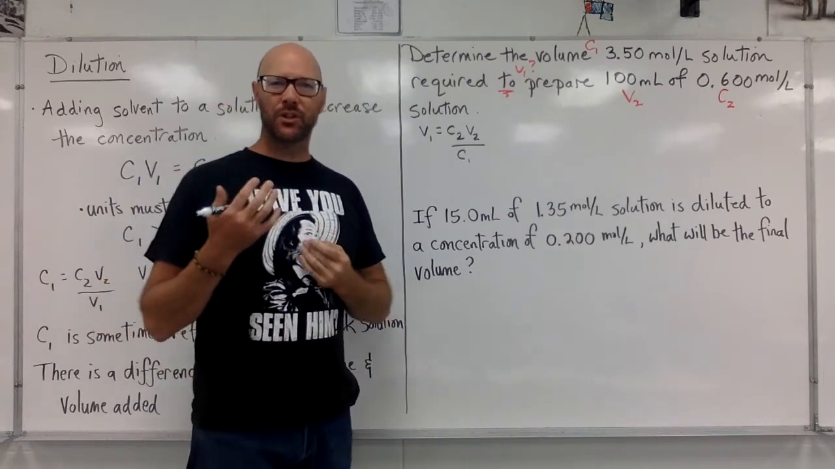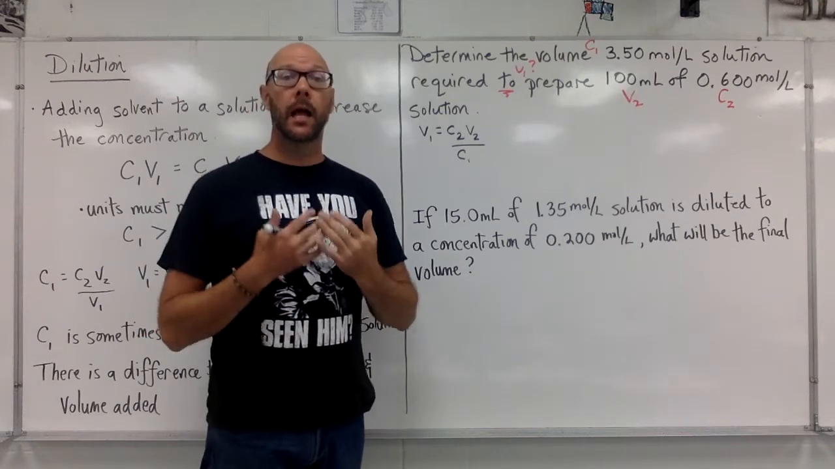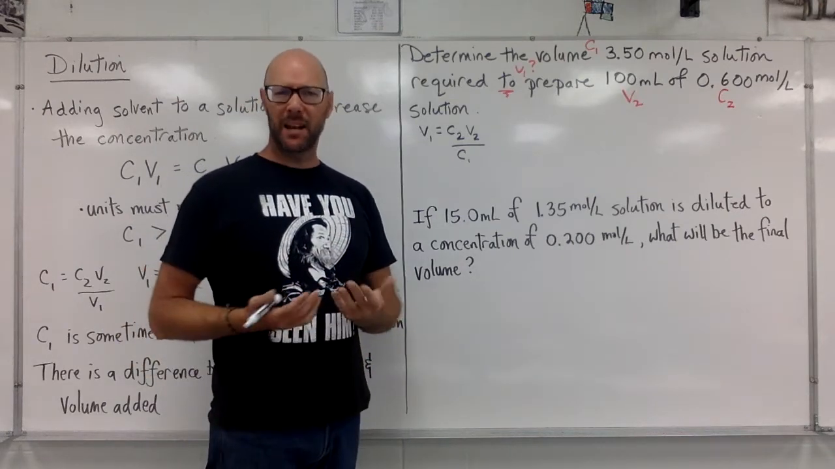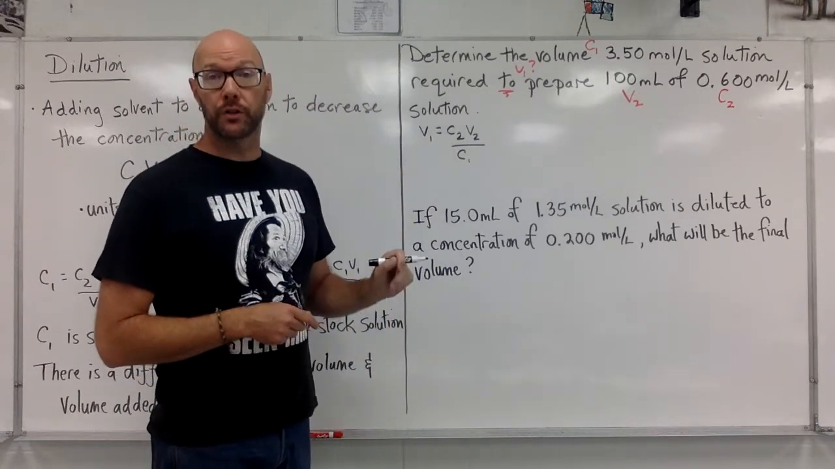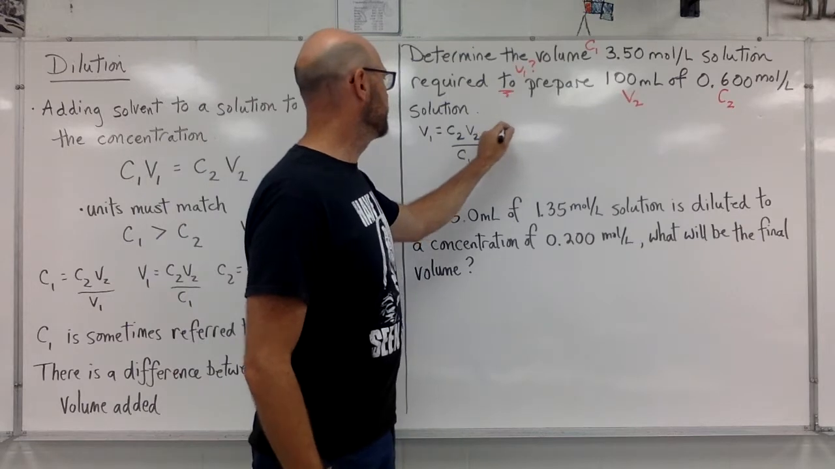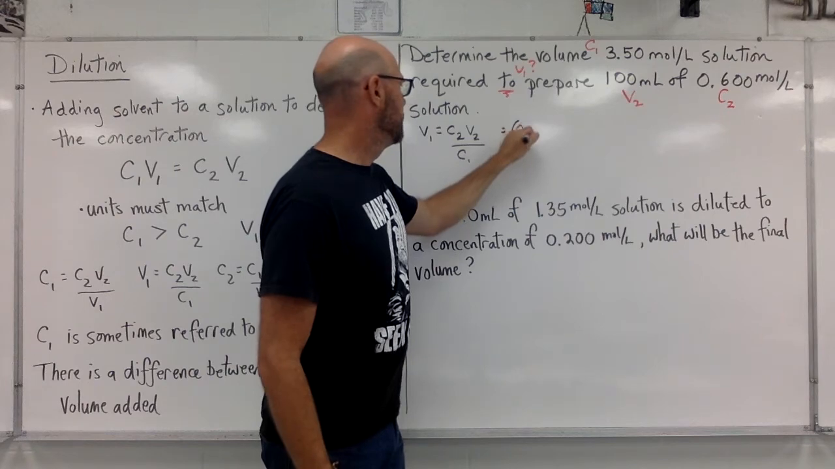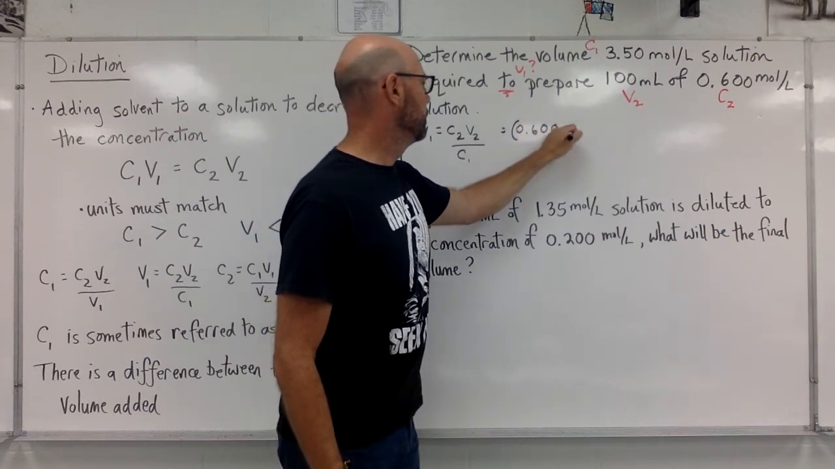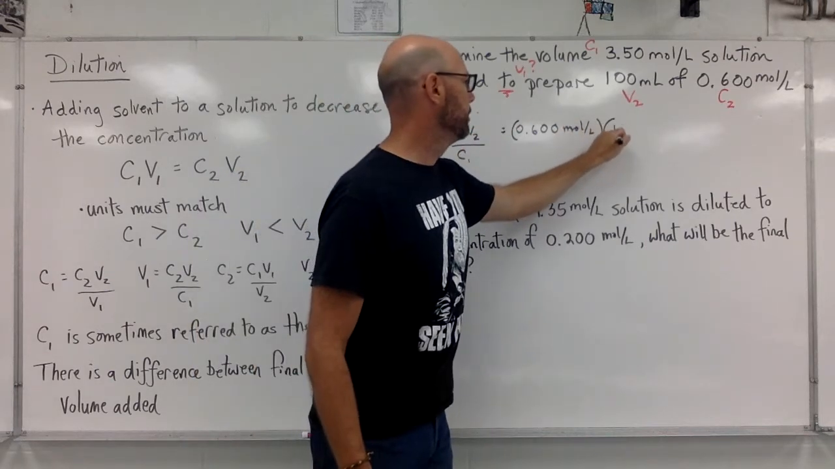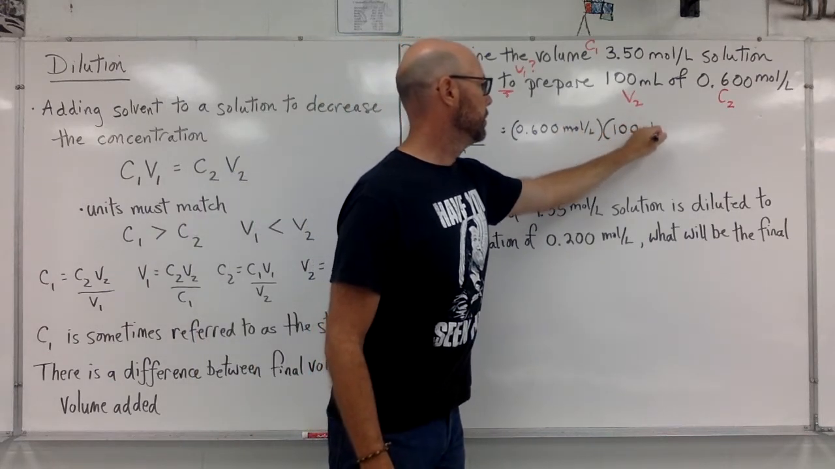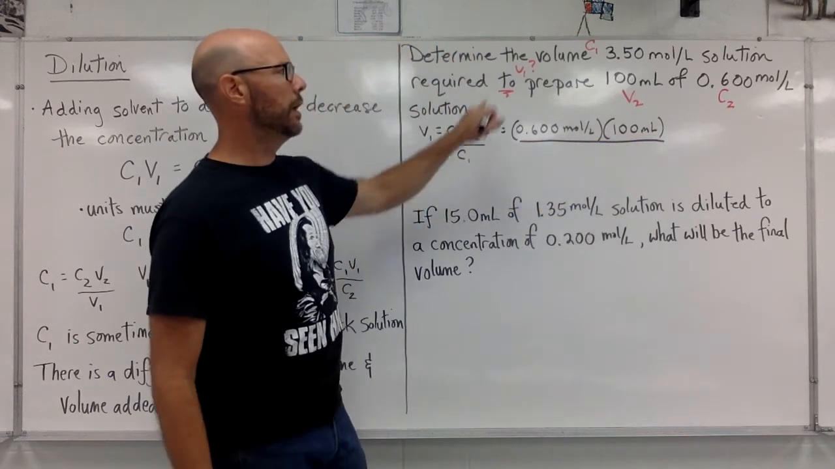If somehow I get an answer larger than 100, then I might think, oh, did I manipulate the formula incorrectly? Did I put some numbers in the wrong spot? Did I push a wrong button on my calculator? C2 times V2 over C1. The C2 was 0.600 moles per liter. V2 was 100 milliliters. This is over C1, 3.50